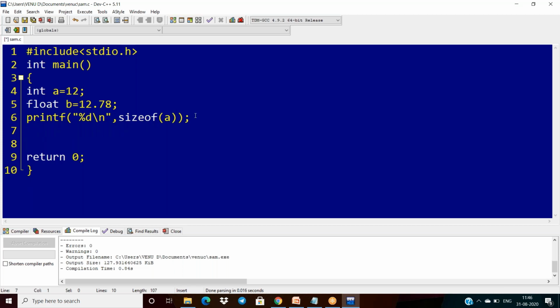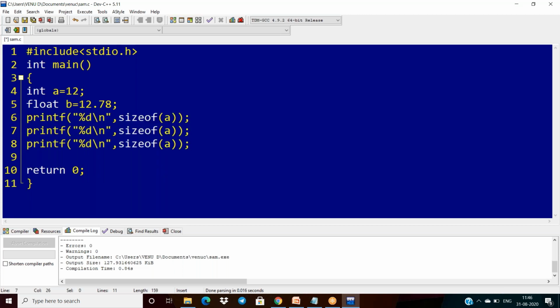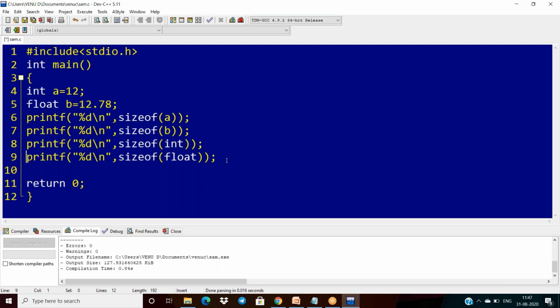Similarly I can write sizeof b, and now here I'm taking one int directly, I'm taking float, and otherwise I'm taking one character also.